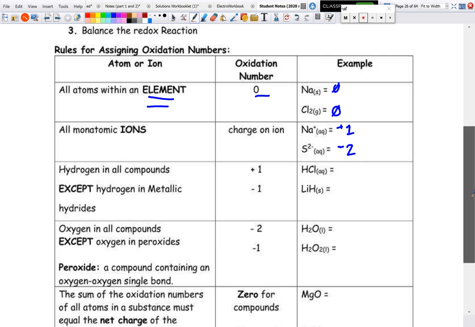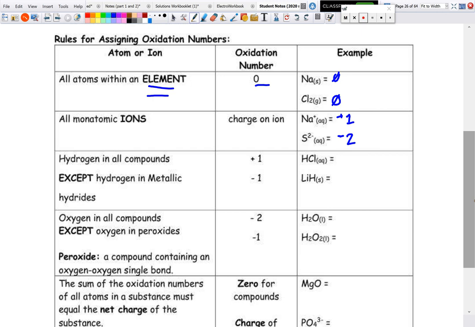Now, for hydrogen, because as you notice, there is a lot of hydrogen showing up in polyatomic ions, and of course in a lot of the reactions that we've done so far. Hydrogen, as a non-metal, is one of the lower electronegativity ones, but it's also higher in electronegativity than all metals. So we can definitely make an assumption about hydrogen, and that is all compounds except metallic hydrides is going to be